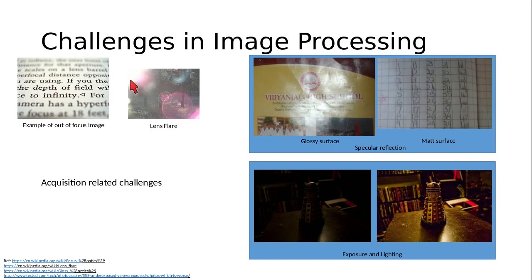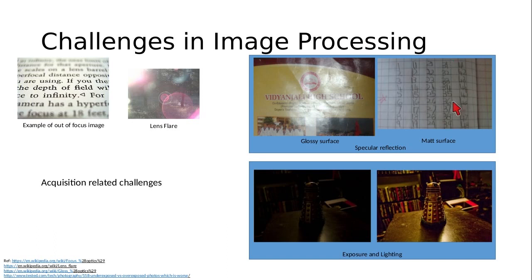Now certain lenses can also exhibit lens flare. Lens flare is when there is very bright light in one corner of the scene. So when you are taking an image, if certain parts of the objects in front of you are brightly lit, certain parts are dimly lit, then you can experience lens flare. You can also see this in the form of reflection on glossy surfaces. So for instance, this is a very glossy object which is reflecting the light, so you cannot read some of the alphabets. Now this is something that we call a matte surface. This doesn't have this reflective behavior, but the color reflection itself is dull.